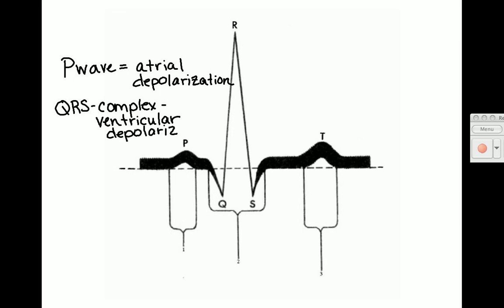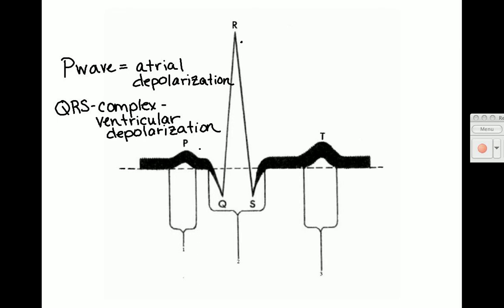Now you'll notice the ventricular depolarization peak is a lot higher than the atrial depolarization peak, and that's because we've got a lot more muscle involved with a ventricle contraction than we do with an atrial contraction. Like with the P wave, the actual contraction of the ventricles takes place just after the peak there at R. So somewhere in here would the contraction take place for the ventricles,